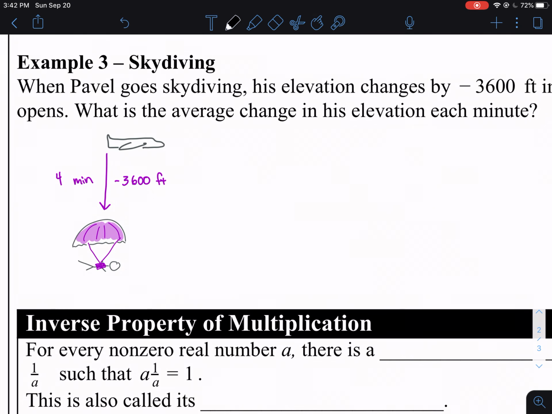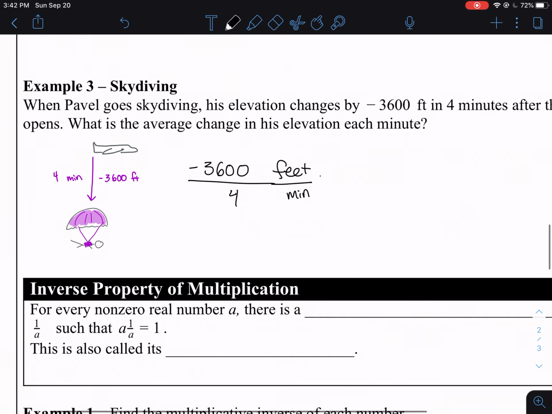Okay, so we want to find the change in elevation. That's going to be feet per minute. And we know that in 4 minutes, he fell negative 3,600 feet. So we want to do negative 3,600 divided by 4. That comes out to be negative 900